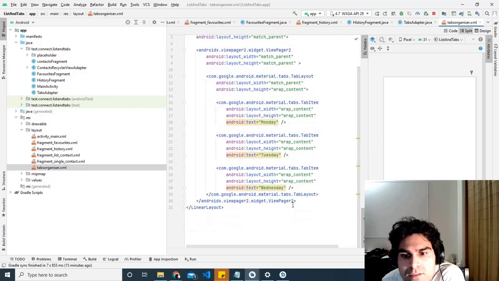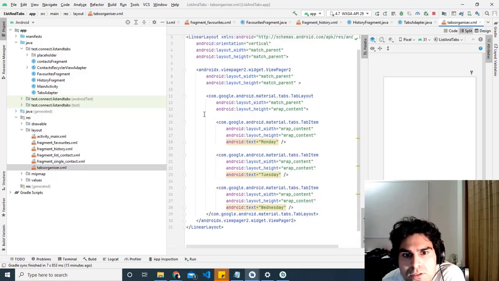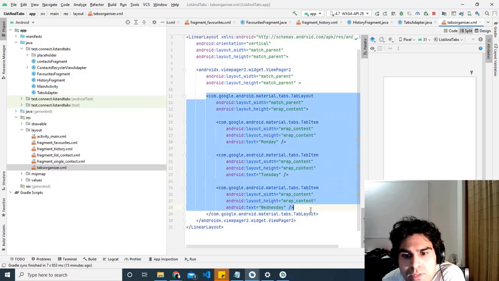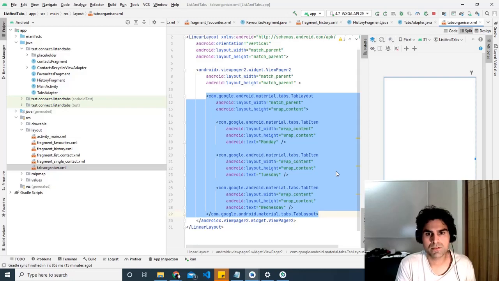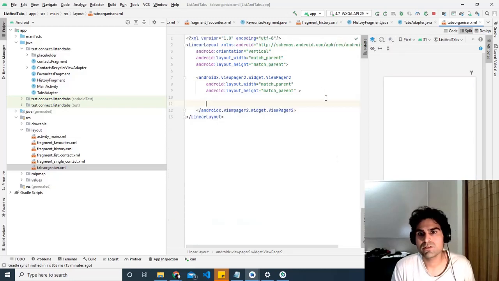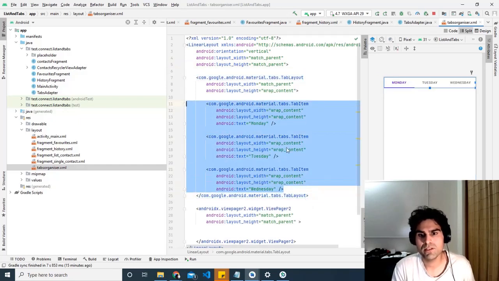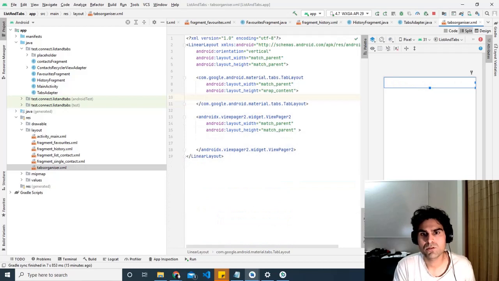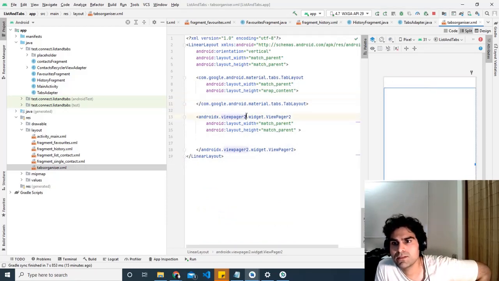Okay, here is the tab layout, and as you can see, they've kind of put the tab layout inside this thing, which wasn't the intention. I'm just going to put it over here, and we don't actually need all these tabs, so I'm just going to get rid of them. And here we have the view pager, here we have the tabs,